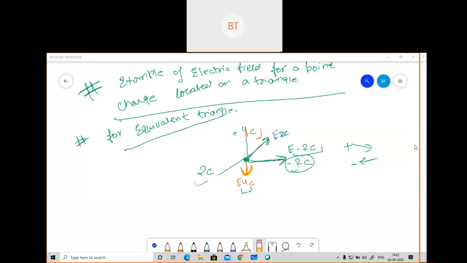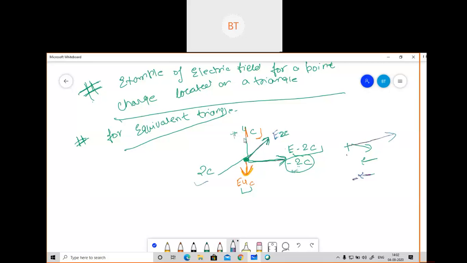Okay. So let me, sir, I have a doubt, sir, why this direction? Which charge are you talking about, Aditi, plus 4c or plus 2c or minus 2c? Minus 2. So always remember two things: when minus will be there, then the charge will come towards itself. Whenever I put minus here, the charge will be towards the minus direction. Whenever I put plus, the charge will move away from this. So if you can see in this, the same thing I have done.